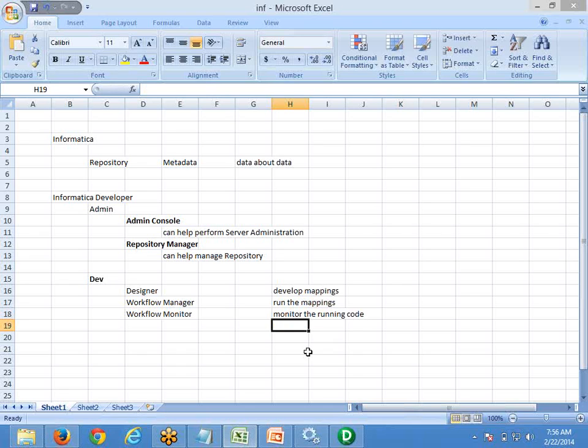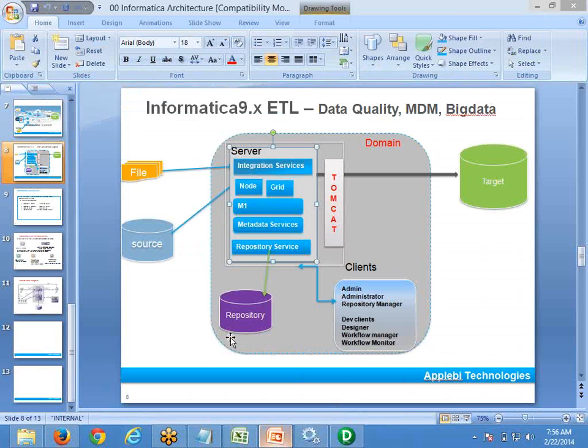You may not need to learn all the other things right now, because they are software that will be running, but they are the components. We have a server, a client, and then the repository. Three components are there. The server will be running and you don't need to do anything. As an administrator, the first time you have to ensure that everything is smooth. The repository will be there in the backside. As a developer, you will come and can choose any one of the tools.